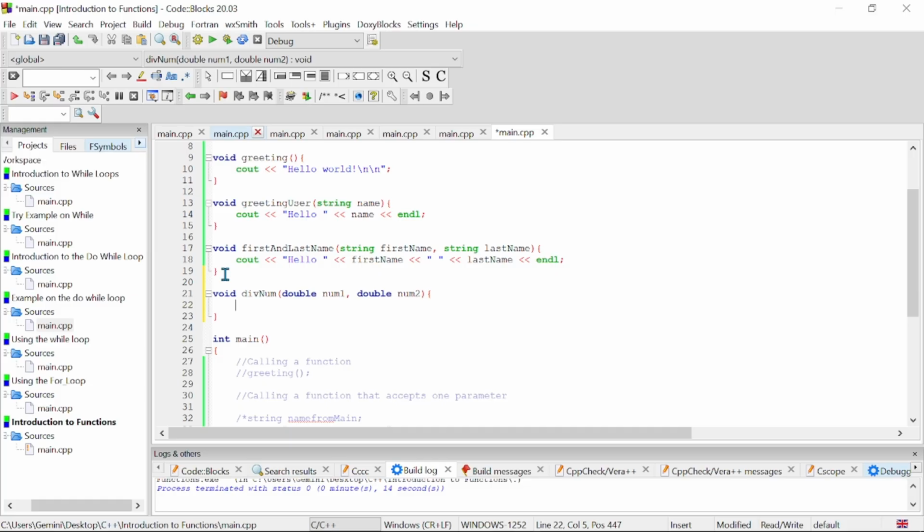So when the user enters 0 for the divider, we are going to tell the user you can't divide a number by 0, right? So let's assume this is going to be our divider, right? So we do if this num2 equals 0. That means if the user enters 0 for this, then we can tell the user that